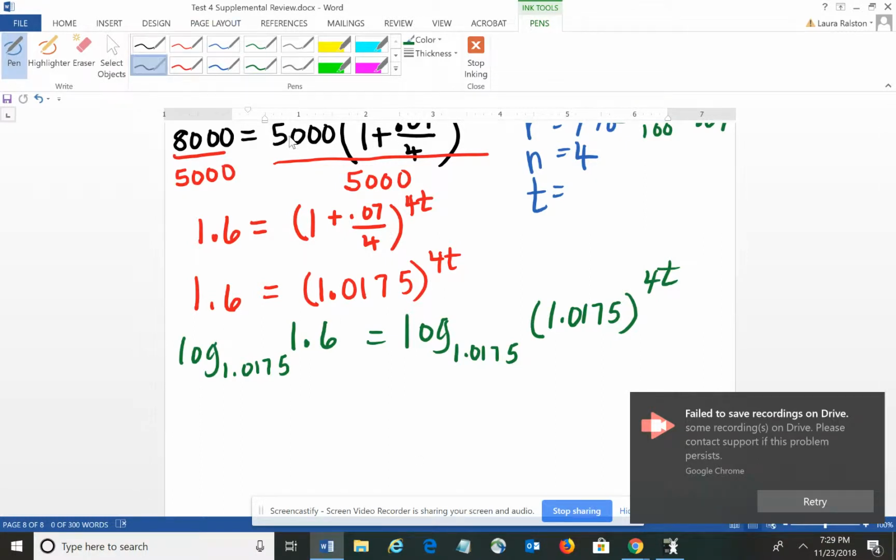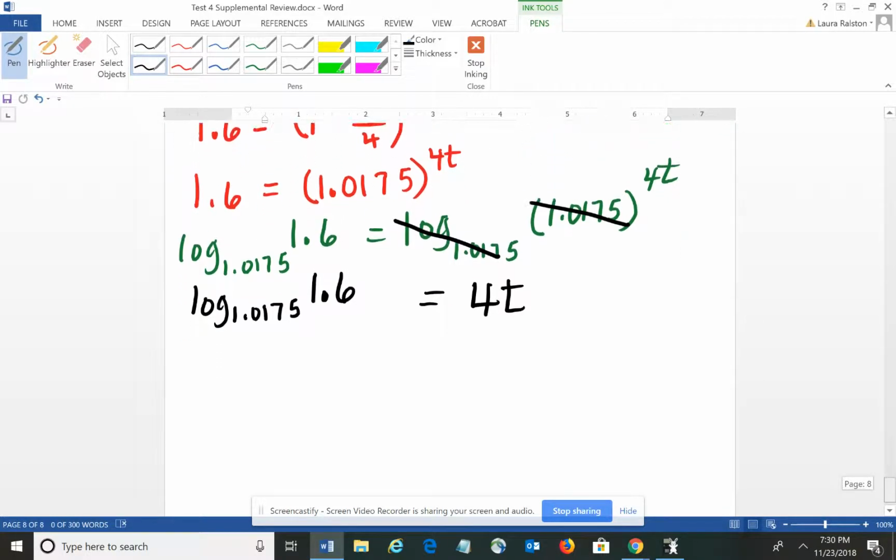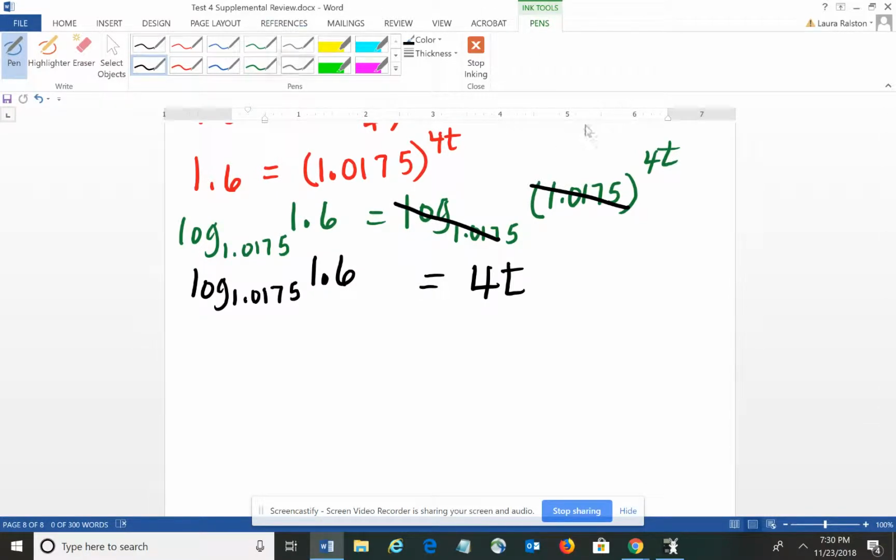Okay, now, again, what that does for us is here I have log and an exponent, so I have 4t equals the log base 1.0175 of 1.6. And then what I want to do is divide both sides by 4,